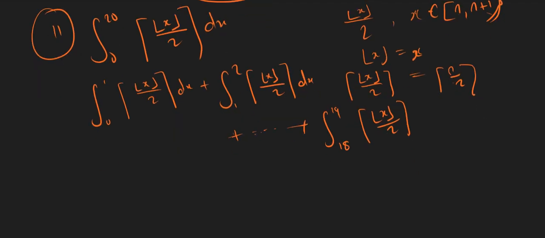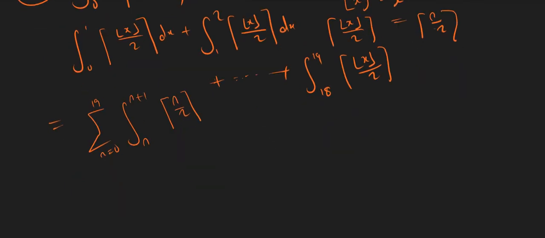So basically this is going to be equal to the sum as n equals 0 to 19 of the integral of n to n plus 1 of the ceiling of n over 2. Notice that in each of these intervals the floor of x will be n. Okay, the floor of x will be n. So in this case now, this would be equal to,